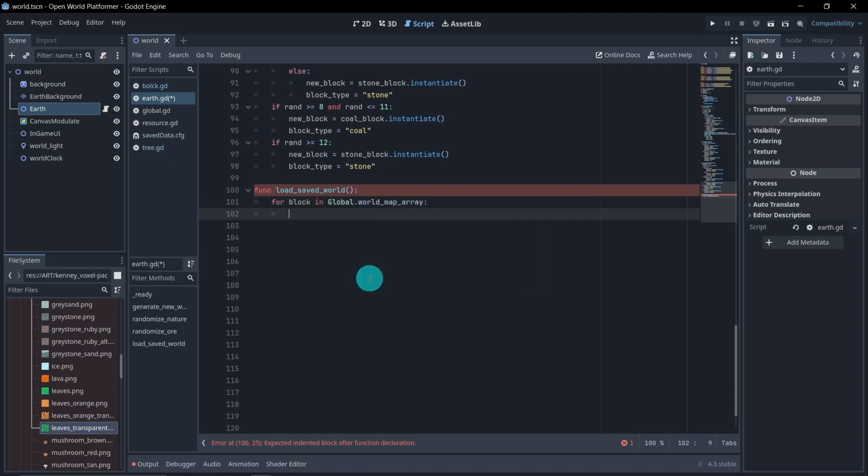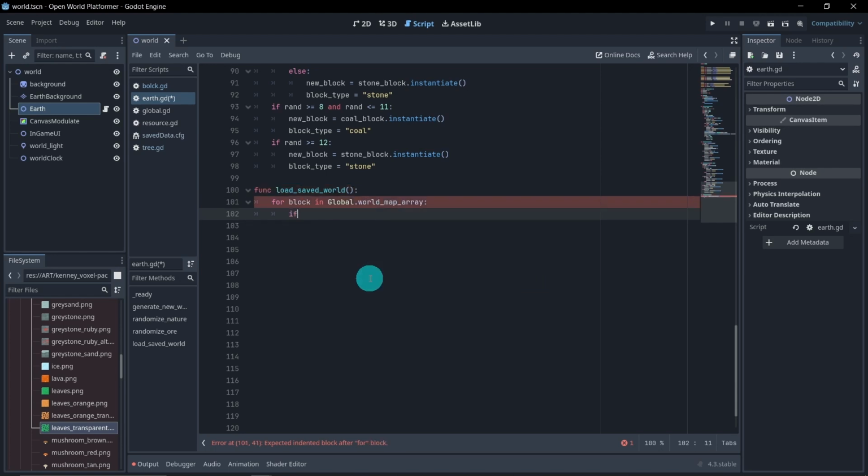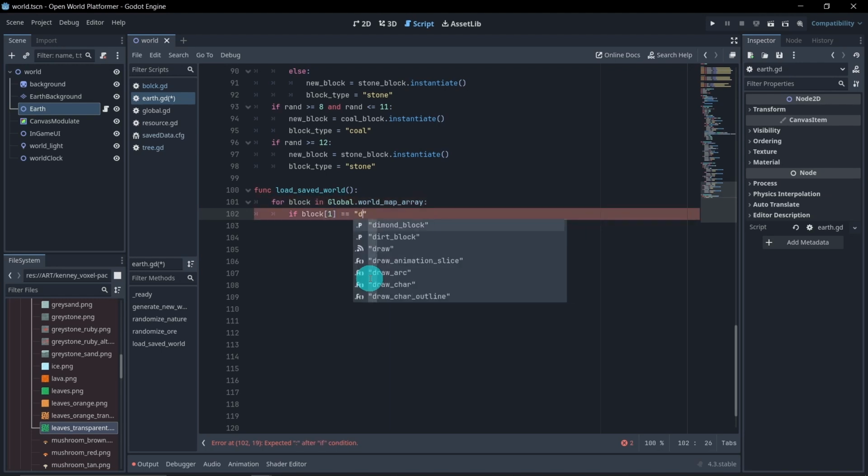So we're going to be going through each one, and we're going to start off with our if block, and the type, if you remember, is the 1 value, not the 0. And we're going to say if that equals, let's say dirt. If it equals dirt, then we're simply going to set our new block equal to dirt block